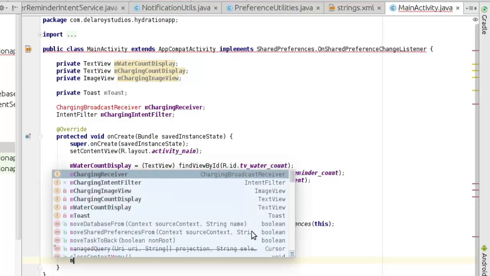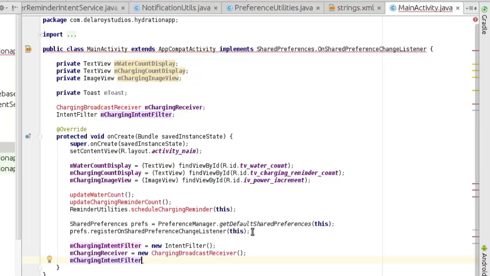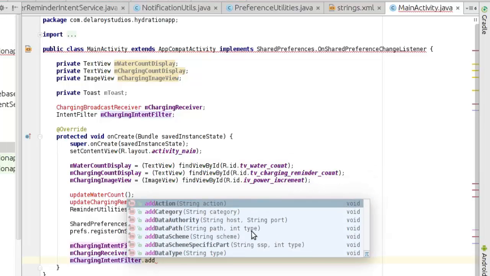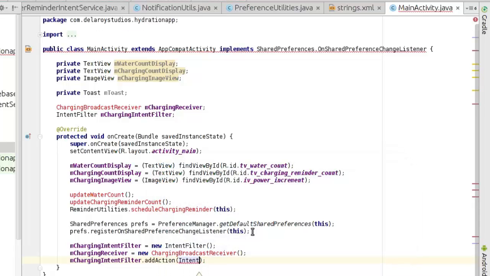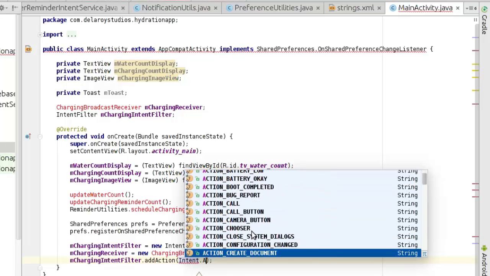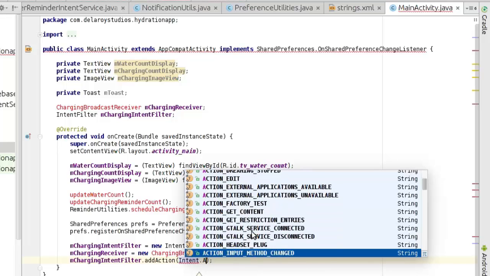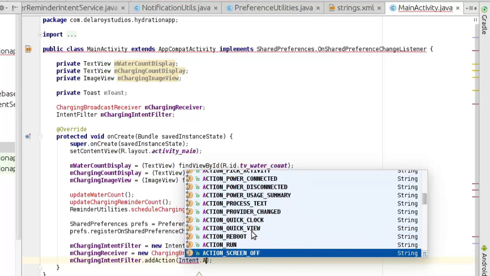And we call the mChargingIntentFilter by adding the action Intent.ACTION_POWER